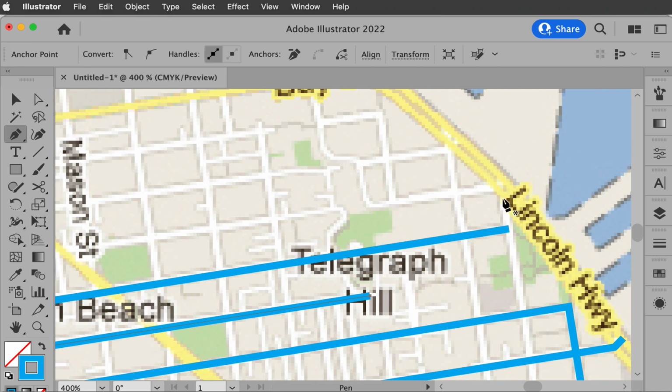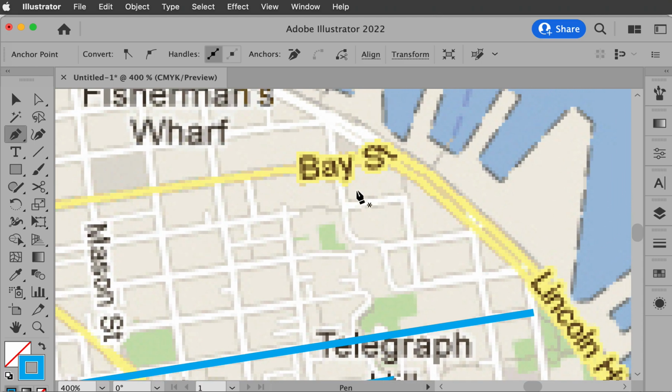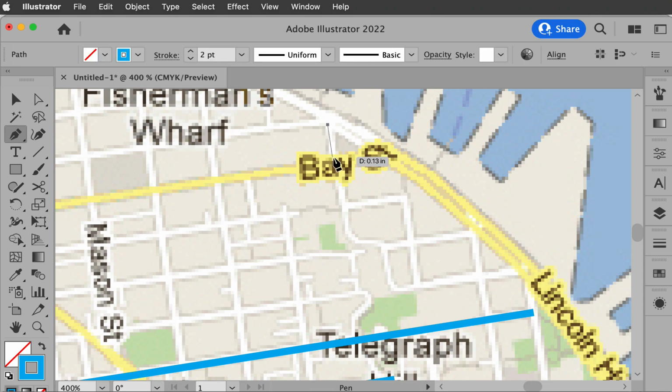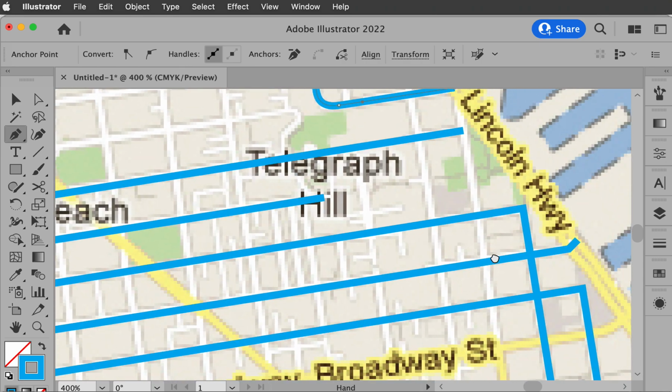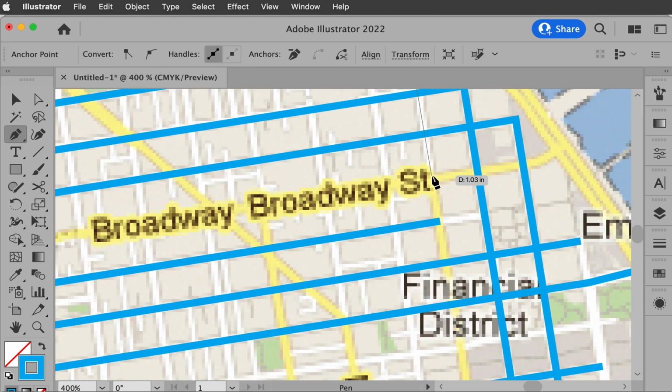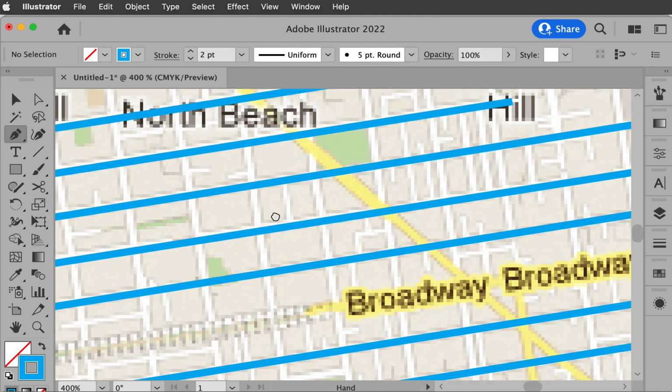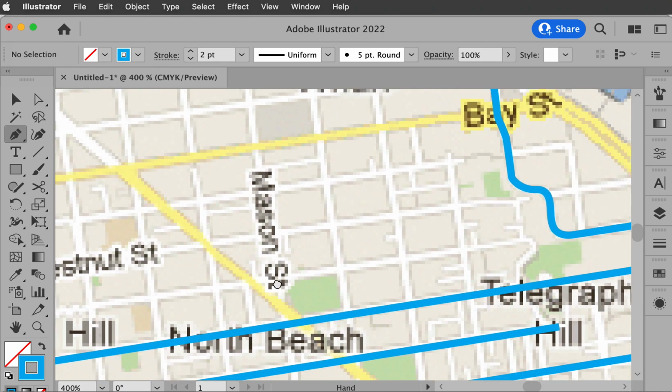And then, you know, we could take this from here. Over, and then we'll go down to that point. Okay. Well, that is